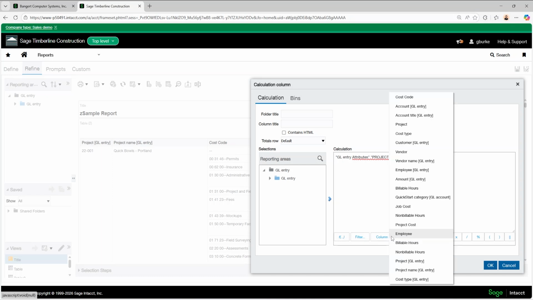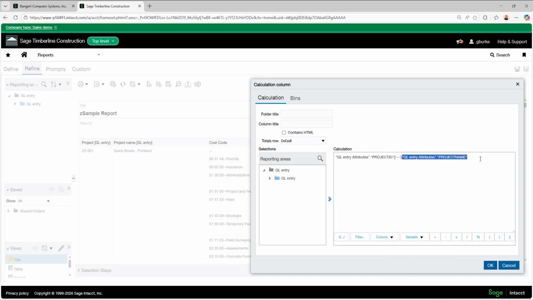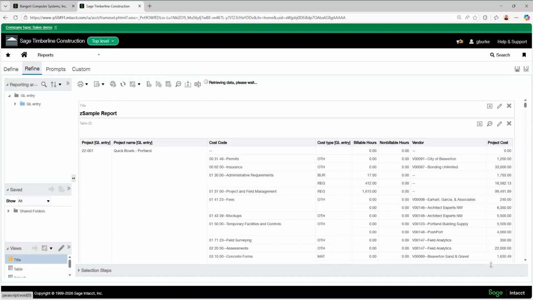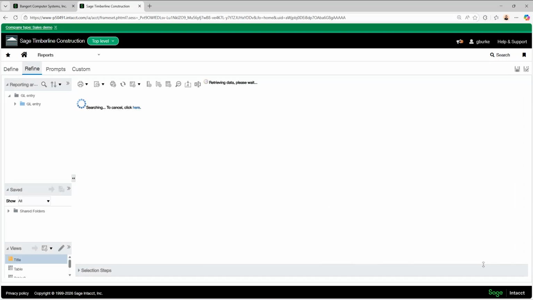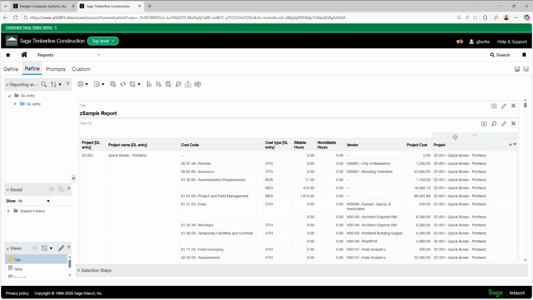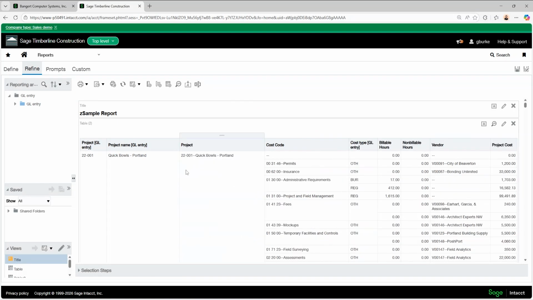And then we'll just end with the project name. And we'll call this column project. There we go. So now I have that.